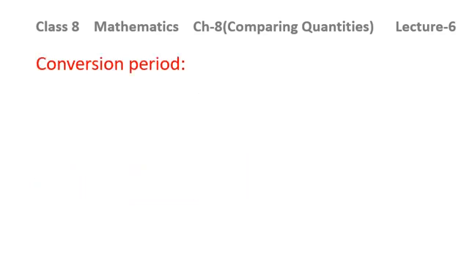Now conversion period. What is this conversion period? In the previous part, we have talked about compounded annually. When it is written that the interest is being compounded annually, you must have noticed in the previous example which I have discussed. So what does it mean? Why have we used that? To answer these questions, let us define this term conversion period.